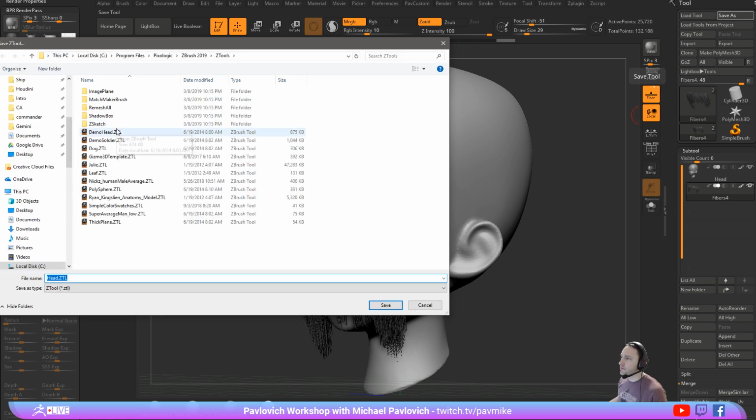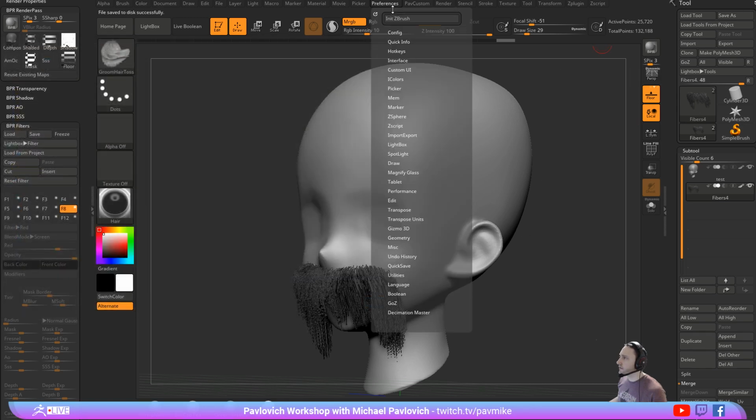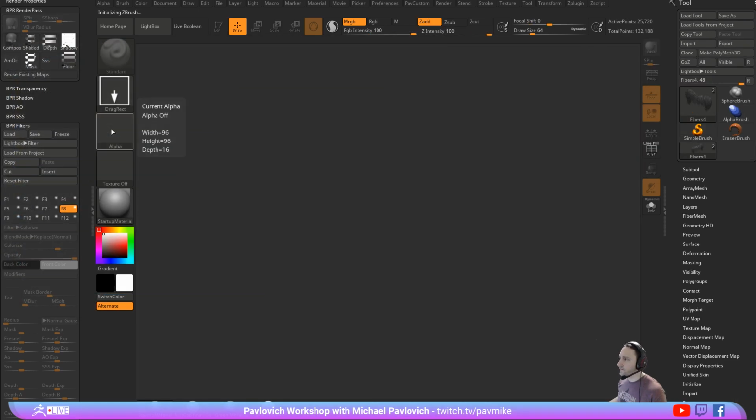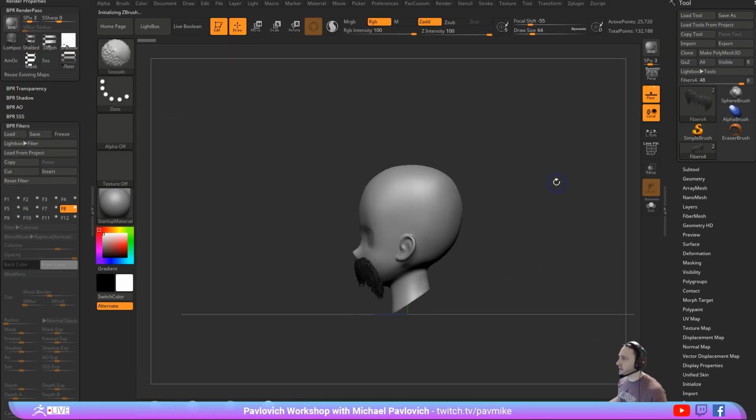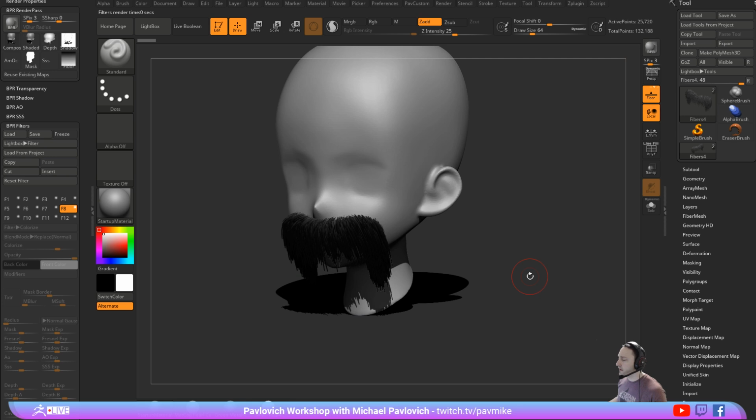Wait for it. That was weird. We can go to my desktop here and say tests, and then we go to preferences, initialize. And tools will save everything that you've just done in your tool palette. So you'll be safe. And now, yeah, that's more of what I was expecting. Not sure what's happening in the other project, but now we have